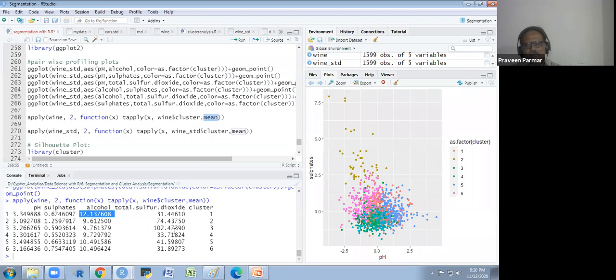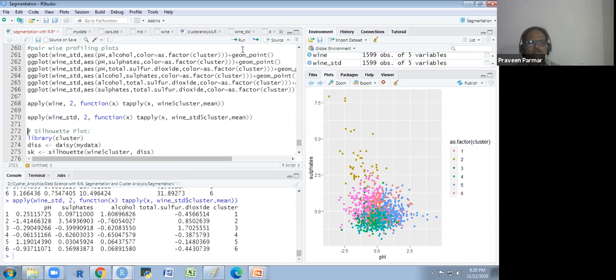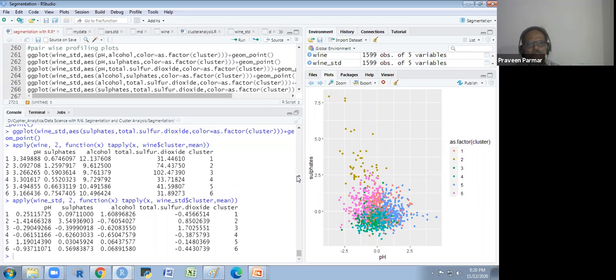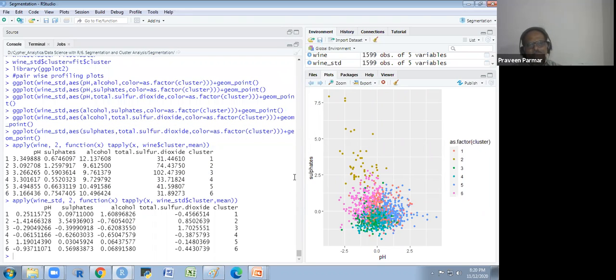So this is the mean I have taken, and I also use the standardized data. This is the wine, and this is the actual value, and the wine data set I have taken. So now, for the standardized one, I use xt apply on the standardized wine cluster, and then mean. I will see what difference I get. You could see it. Are you getting the same response?